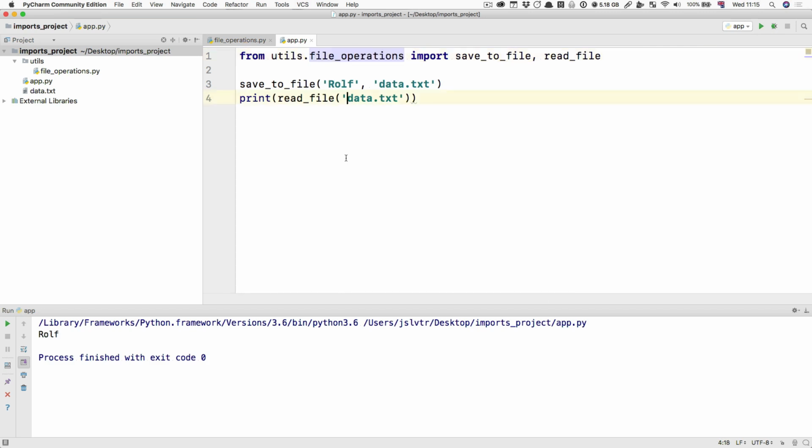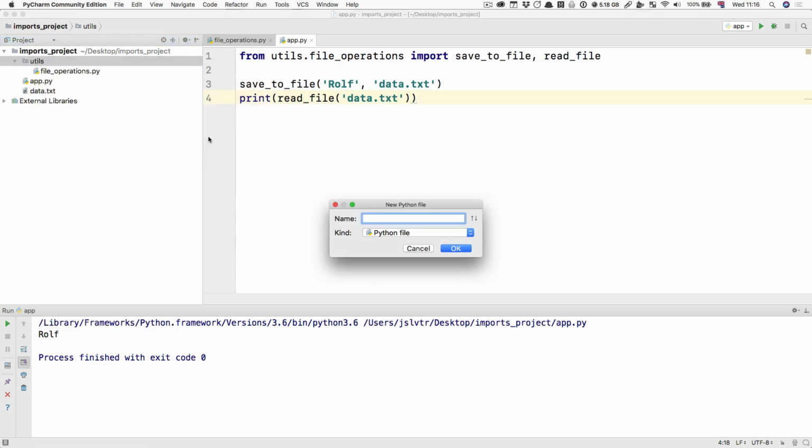Frequently though, it is a good idea to tell Python that the utils package, the utils directory here, is actually a Python package. And I'm not sure if this has changed recently in Python, but it used to be that you would have to tell Python this is a Python package before you could import things from it. Maybe it's no longer required, but nonetheless, for compliance with previous Python versions, it's always a good idea to tell Python that this folder, this directory, is a Python package, and it's a folder where Python files live and where you'll want to import. The way to do that is to right-click it and create a new Python file, and it must be called